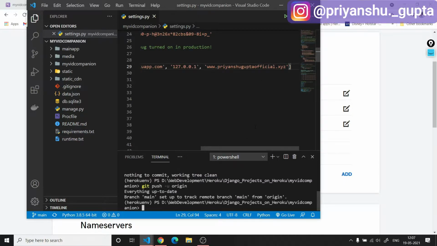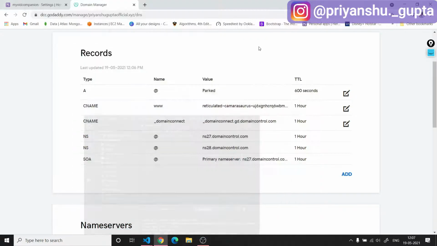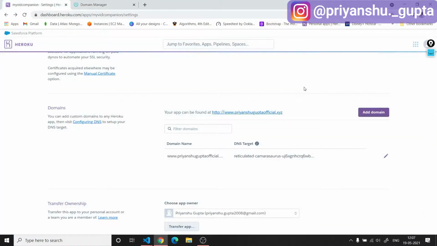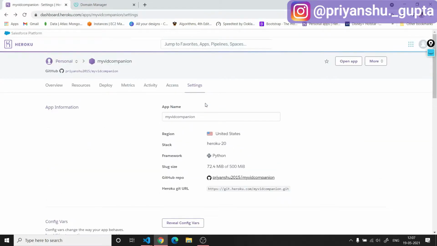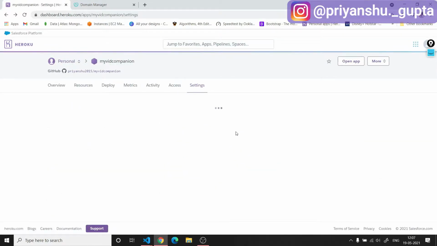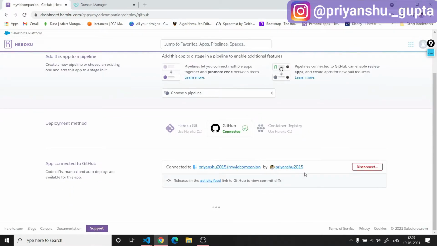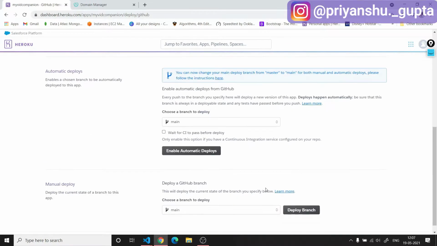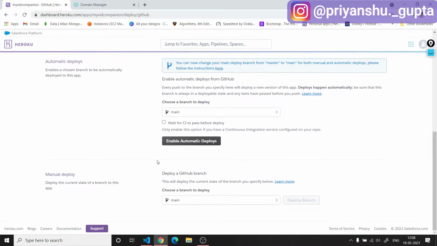Once you have pushed, you will have to deploy again on Heroku. So here the domains have been added. Then we will go to the deploy tab, and now we will click on deploy branch. Once deployed, we will be able to access our Django web application through the new custom domain that we have purchased from GoDaddy.